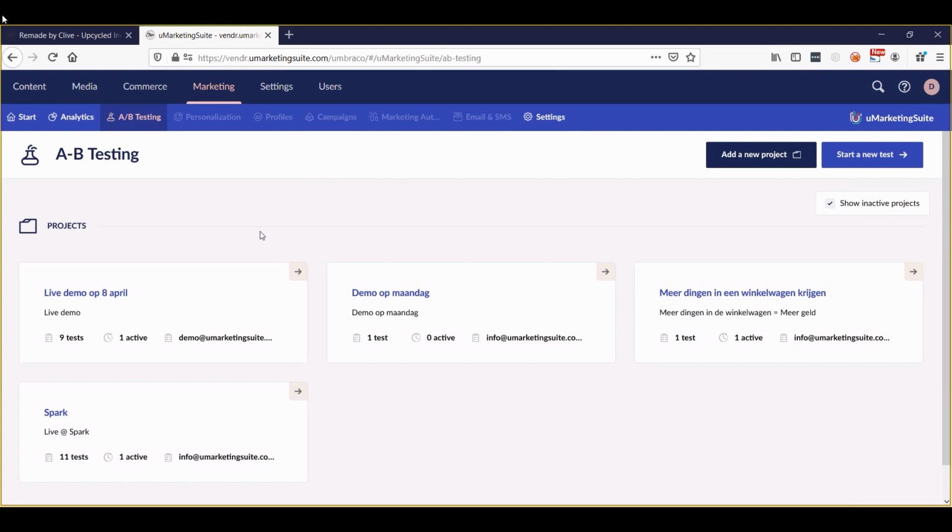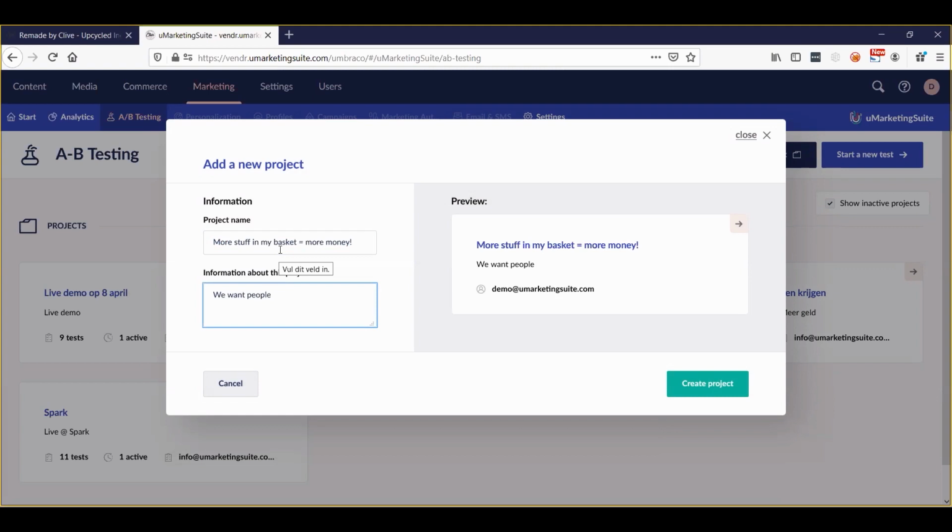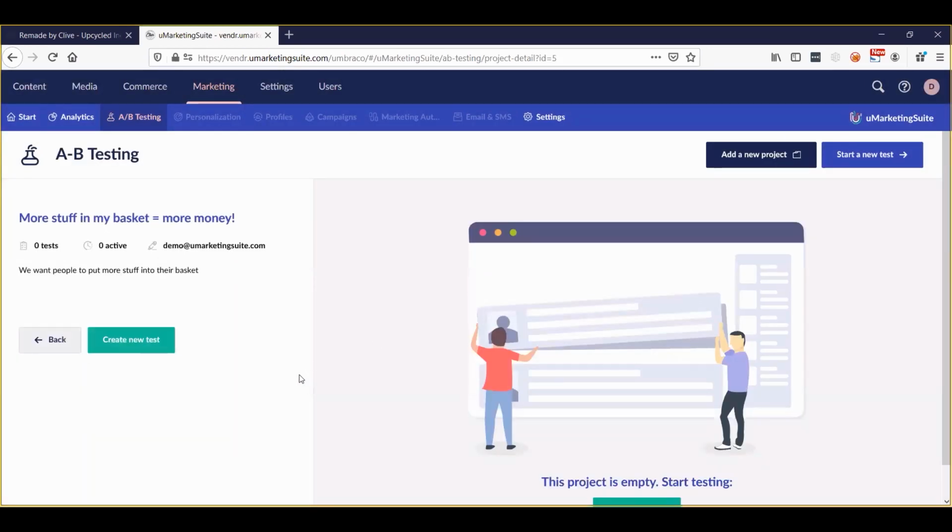Probably you're gonna need multiple A/B tests to improve something, and to group these tests together, you can create a new project. For example, a new project like more stuff in my basket is more money. You want people to put more stuff into their basket. This is something a project could be, or decrease the number of newsletter subscriptions could be another project. And within this project, you can create an A/B test